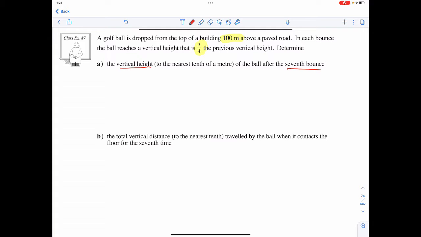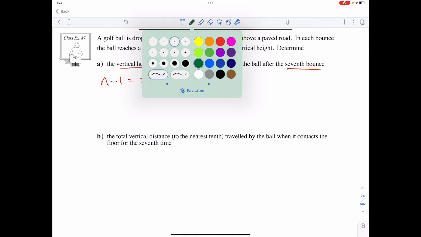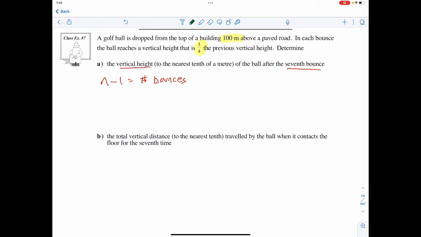Now remember, at 0, there's been no bounces, so if I'm doing it for the vertical height after the 7th bounce, then n-1 is the number of changes, or n-1 is the number of bounces. So if I want it for the 7th bounce, then in this case,